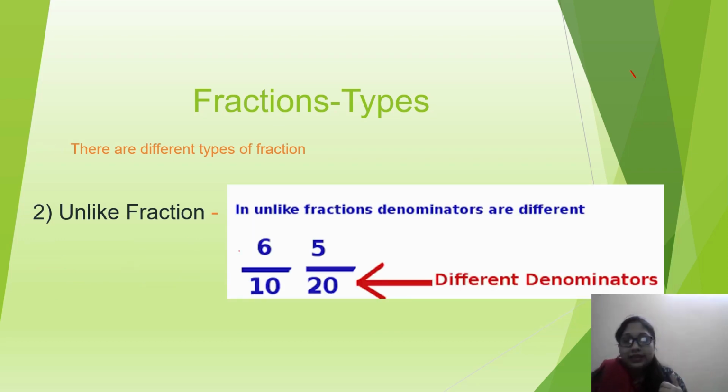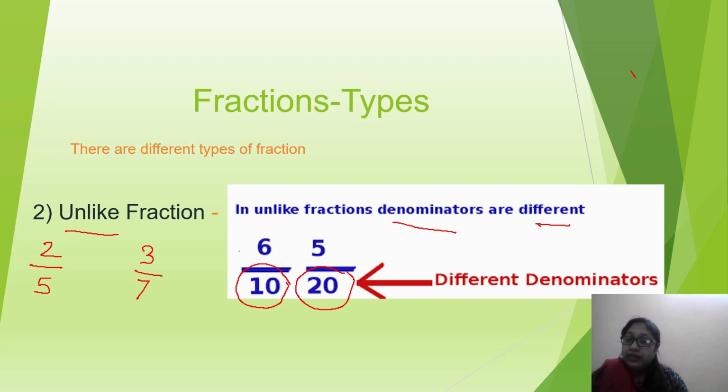Now the second one is unlike fraction. In unlike fraction, the denominators are different. For example, we have two fractions. One is 6 upon 10, other one is 5 upon 20. In both the fractions, the denominators are different. So we can say that they are unlike fraction. One more example is 2 upon 5 and 3 upon 7. In this example, the denominators are different. So they are